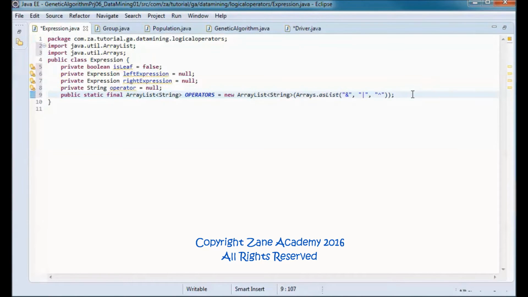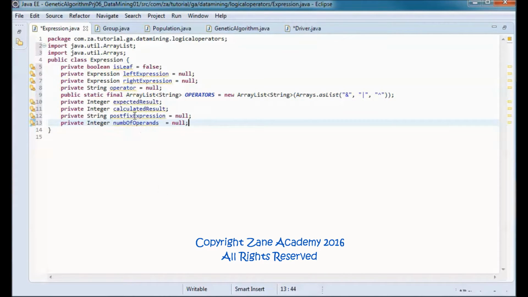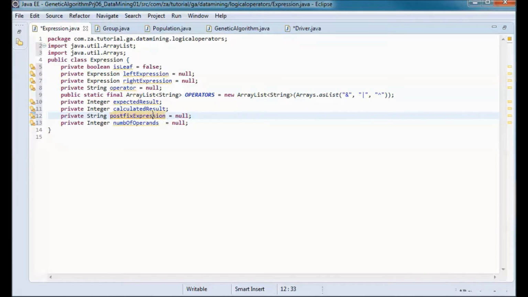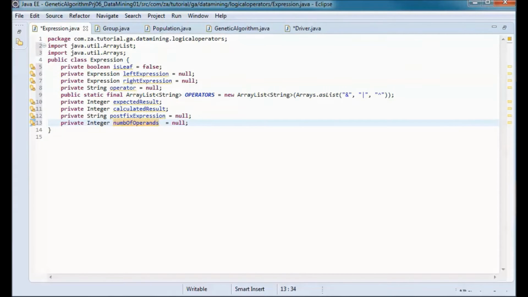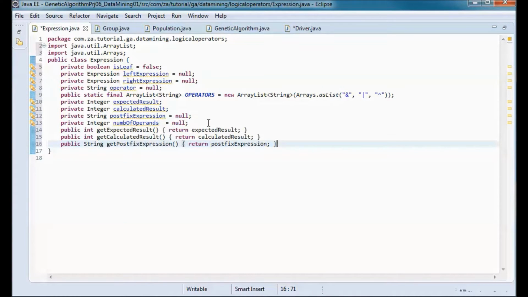And an expression will have an expected result, a calculated result, and a string postfix expression, and a number of operands. So for example, here we have 5 operands. And we will have get methods for the expected result, the calculated result, and the postfix expression.